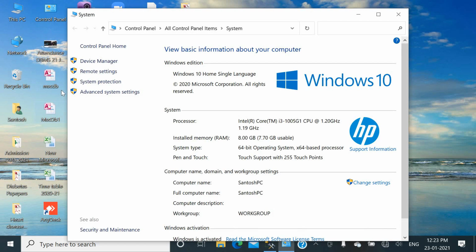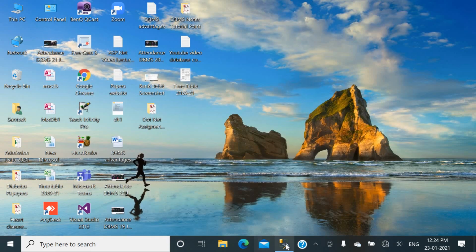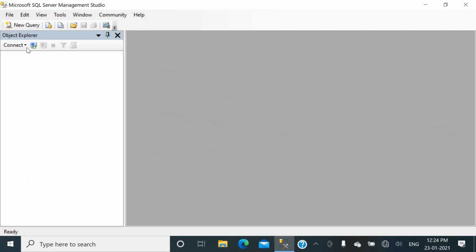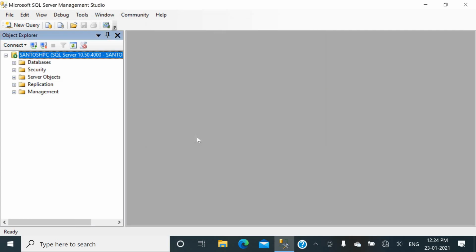When you choose the properties from it, here you will see computer name, and this computer name will be your server name while connecting to the Microsoft SQL server. So friends, here server name has been displayed as Santosh PC. So here you click on this connect button so that your connection is established with the Microsoft SQL Server 2008.